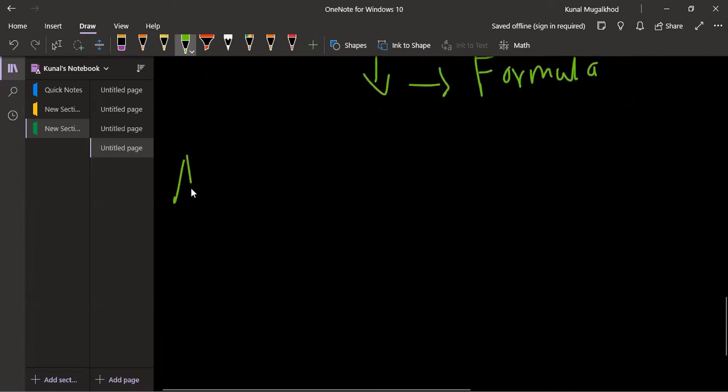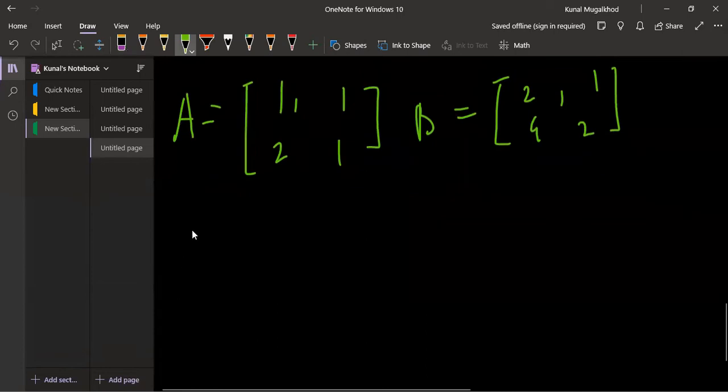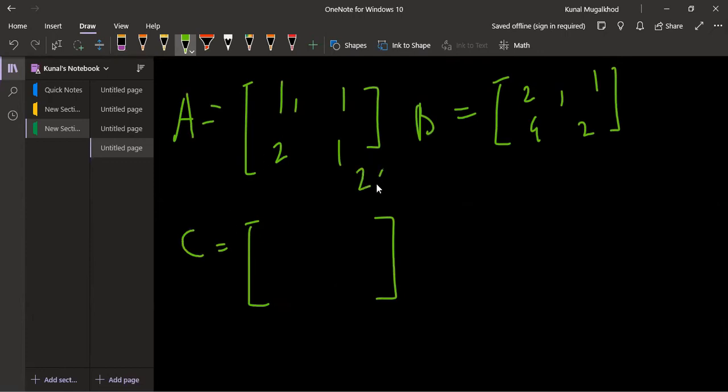So this is one matrix A. The contents of the matrix are simple, like 1 1 2 and 1, and there is another matrix B. Here also the contents are 2 1 4 and 2, and the resultant matrix will be 2 by 2, because A is 2 by 2 and B is 2 by 2. So the resultant matrix will be 2 by 2.